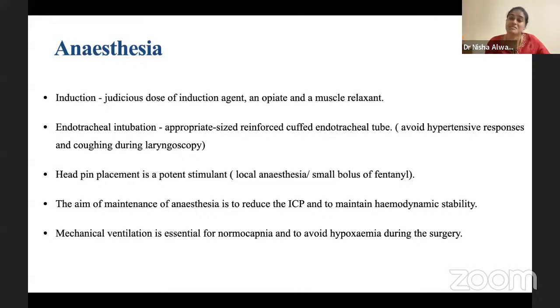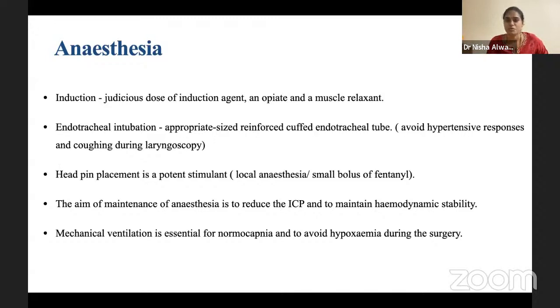An ICP surge can decrease the cerebral perfusion. That will be my main concern. This ICP surge is to be avoided because it can cause even coning of the patient, should there be a problem with patients with SOL at the most vital centers. And about the tube, whether it's a normal tube or a reinforced cuffed endotracheal tube, for non-supine positions, I prefer a reinforced cuffed endotracheal tube, just better.